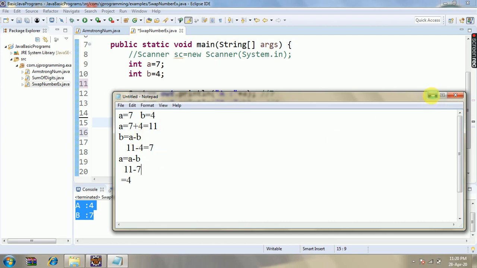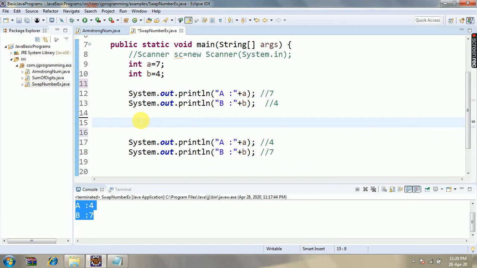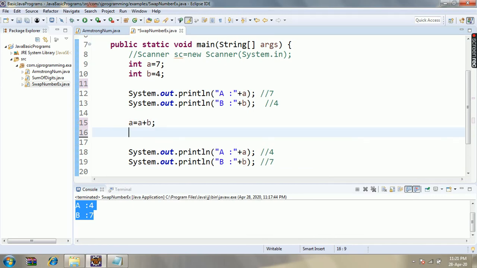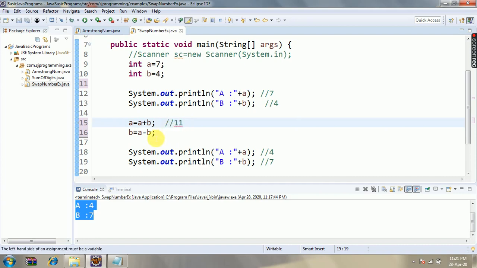Understood? So let's write this in coding. A is equal to A plus B, then B is equal to A minus B. The value of A is 7 and for B it is 4, so 7 plus 4 we get 11. For B, A minus B: the value of A is 11, 11 minus the value of B, which is 4, is equal to 7.